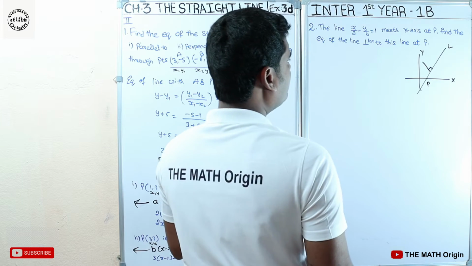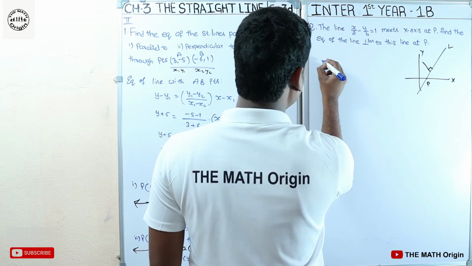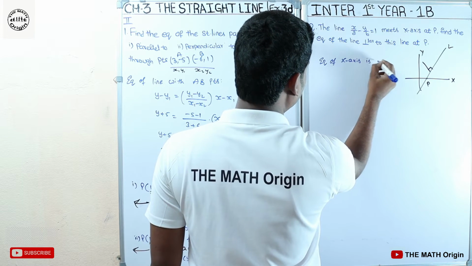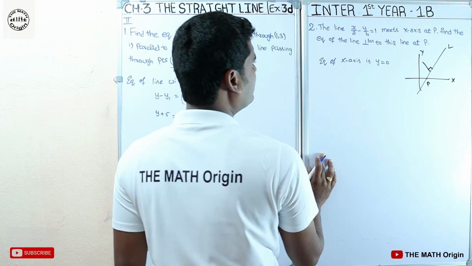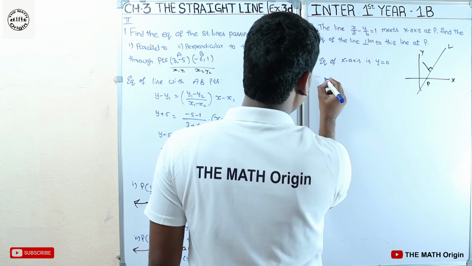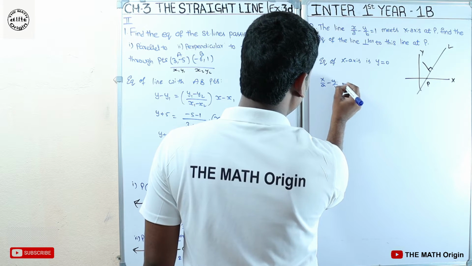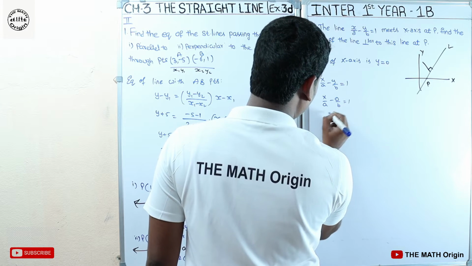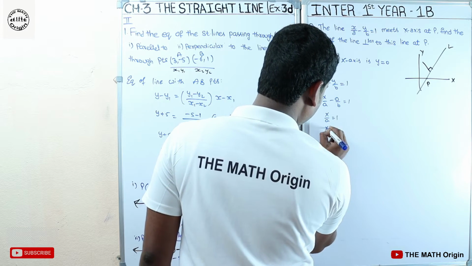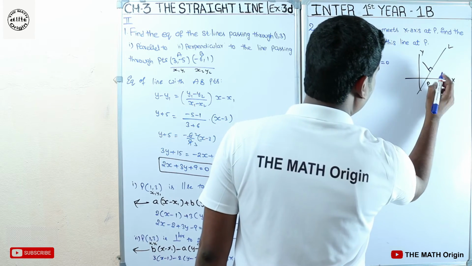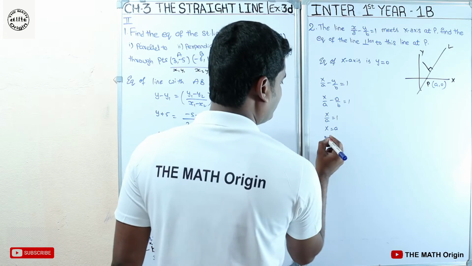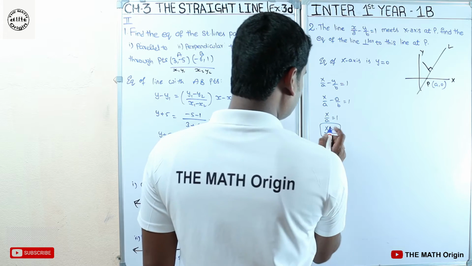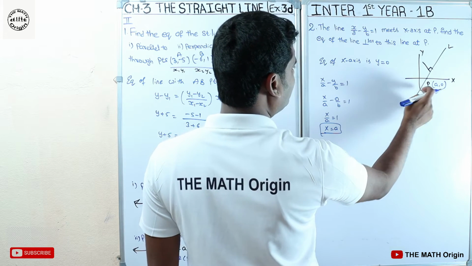Okay, so for this, it meets the x axis, which means the equation of the x axis is y equals 0. If we substitute y equals 0 into x by a minus y by b equals 1, we get x by a minus 0 by b equals 1. So x by a equals 1, x equals a. Therefore the point P will be (a, 0). With this we got the point P (a, 0), and now the point P and